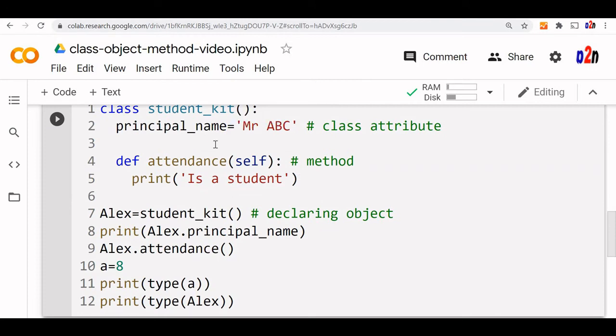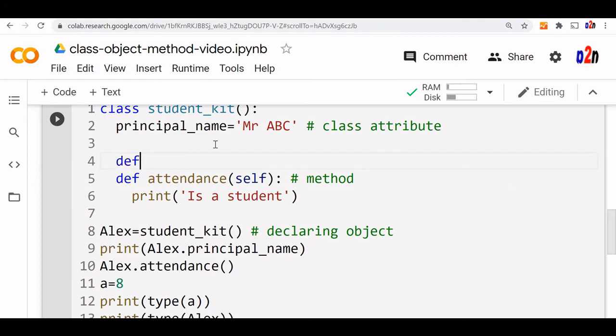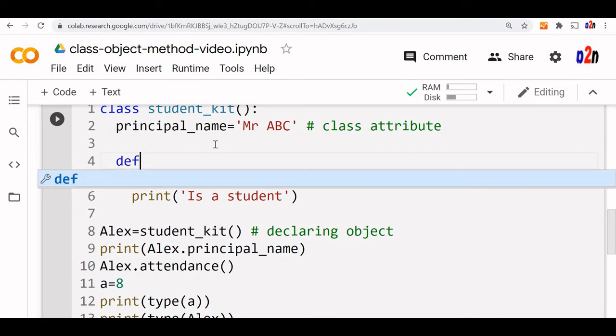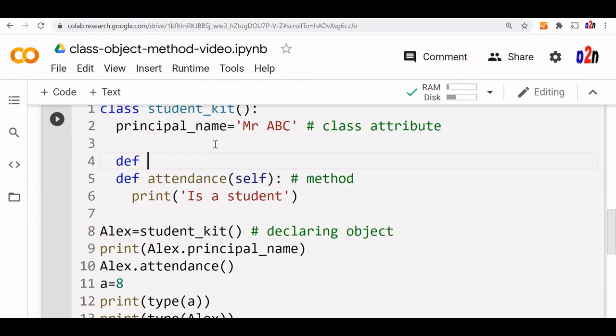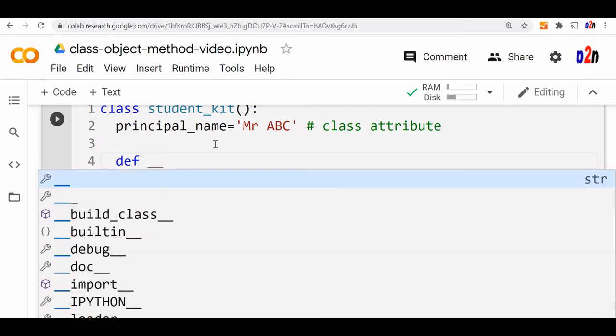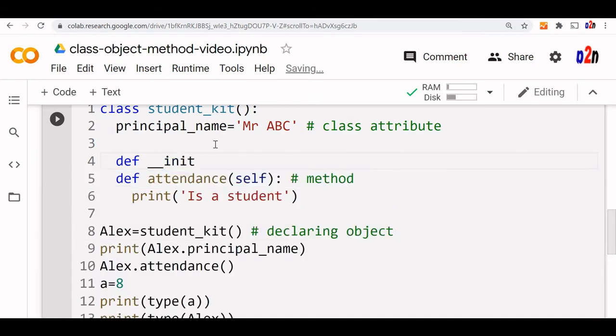So now what we will do, we'll write one more method, but it's a special method. What is special in it? This method will run automatically whenever an object is created. So that's the basic difference between initialization and running. It's similar to a method, and we have a very unique name for it also. Just watch what I am doing, and what we will take is self.